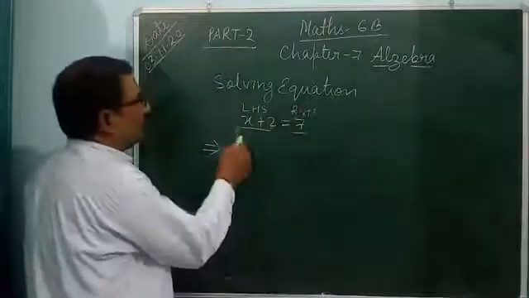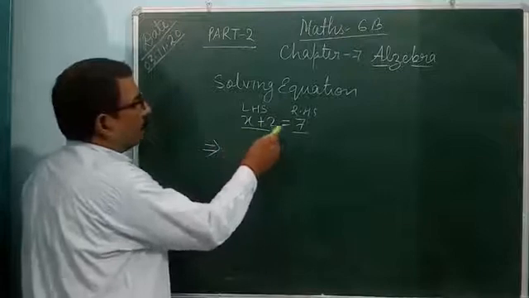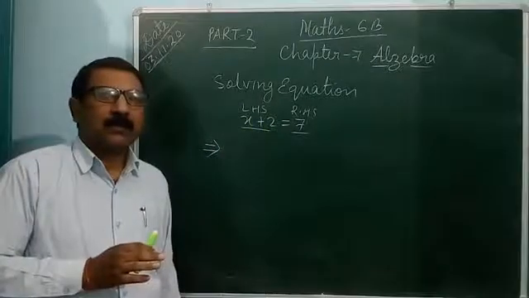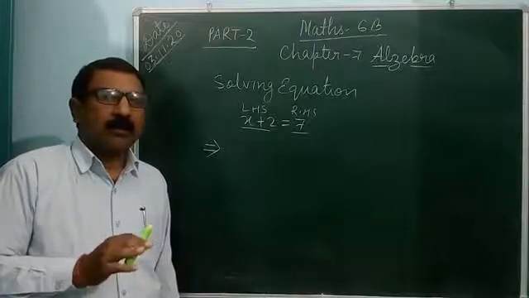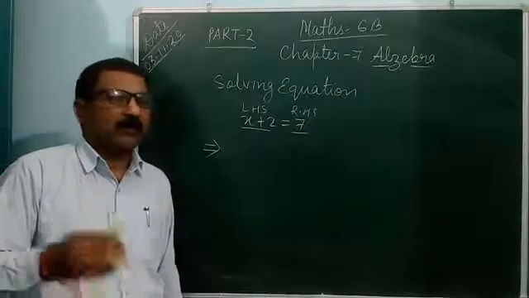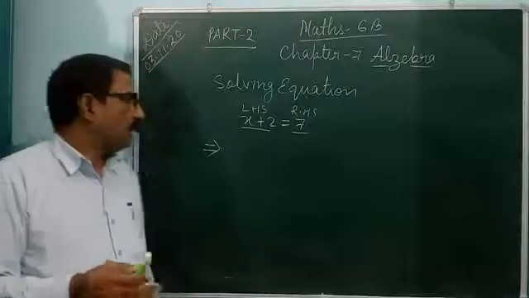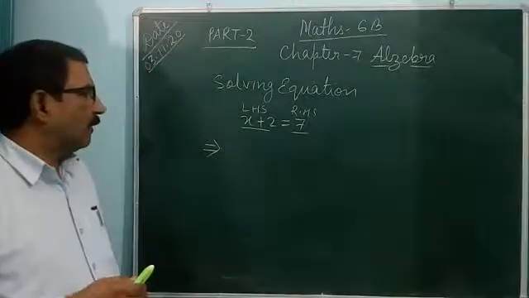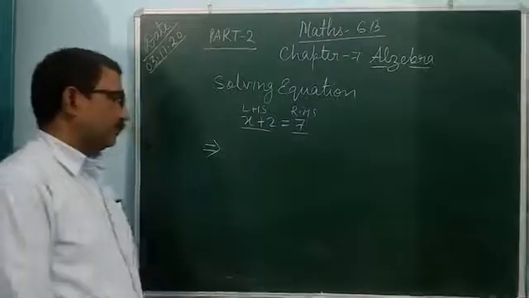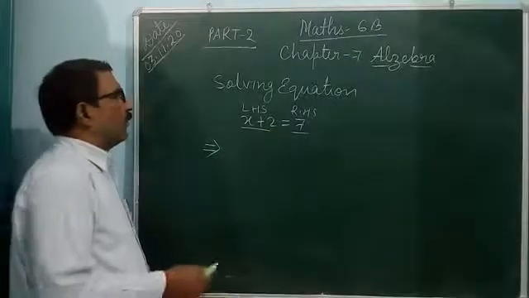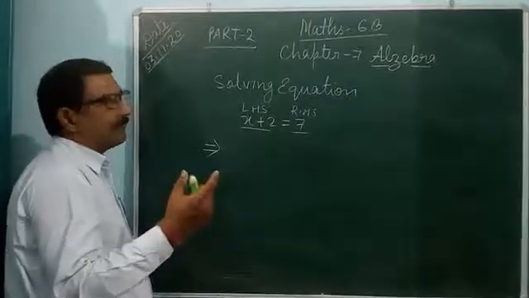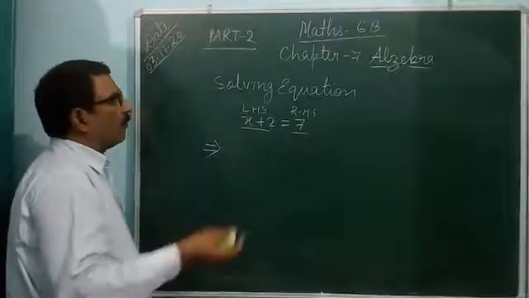As here you see x plus 2 equal to 7. So x is a variable. Variable means values are not fixed. Values vary. For x many times values vary. Values are not fixed, so it is called variable. And here constants are given, 2 and 7 also. So you have to find out the value of x. x is the unknown number. Means x is not known. Unknown number. How can you find out?